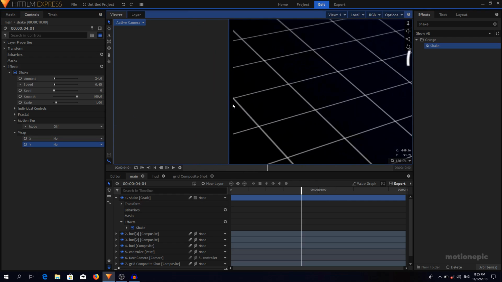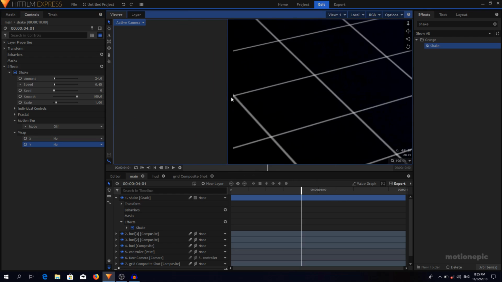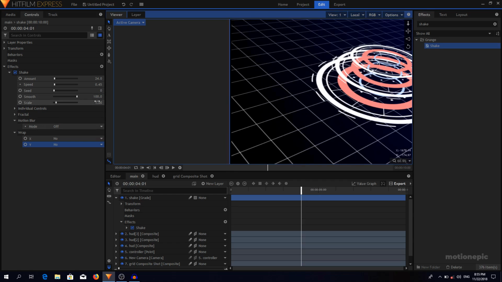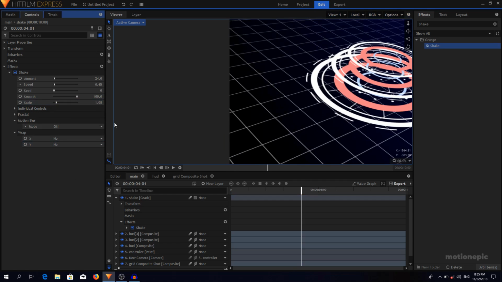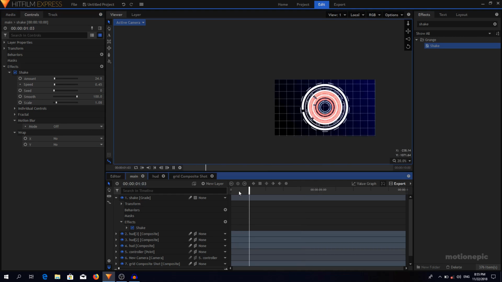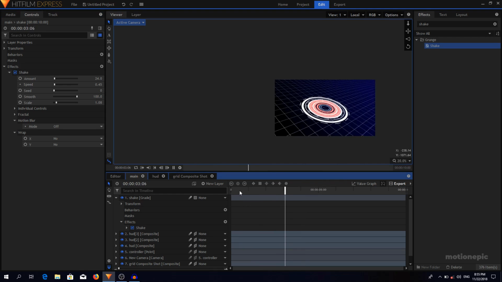So this is another prime example right here. It's going to cut our animation at the edges, so we can just fix that by simply increasing the scale amount to around 1.08, and that will just fix that for you. So you see we have this cool